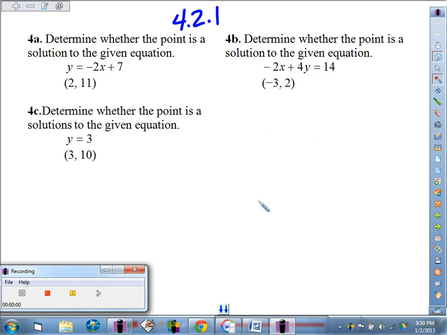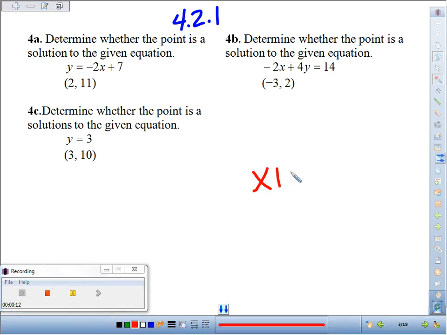Learning Target 4.2.1 asks us to determine whether a point is a solution to an equation. And this is kind of a huge foundation for algebra, knowing what it means to be a solution. Back in Chapter 3 we talked about what it means to be a solution to maybe this equation, and we'd say, well, the solution is 2, x equals 2, because when you plug 2 in for x, it